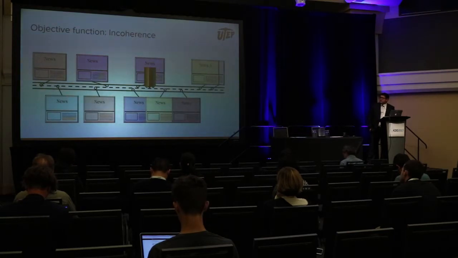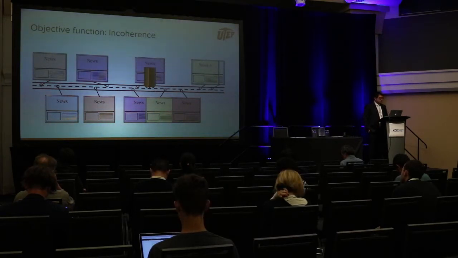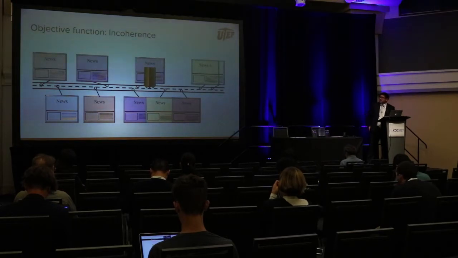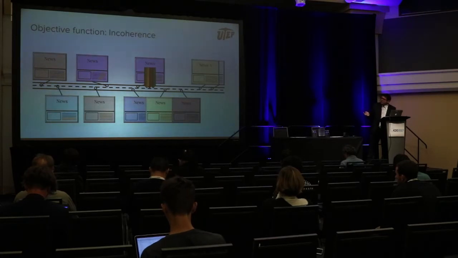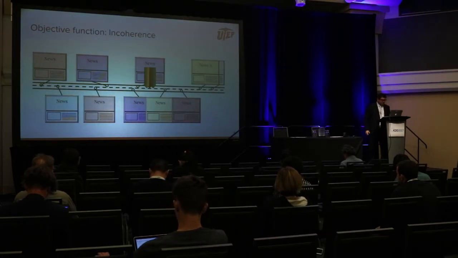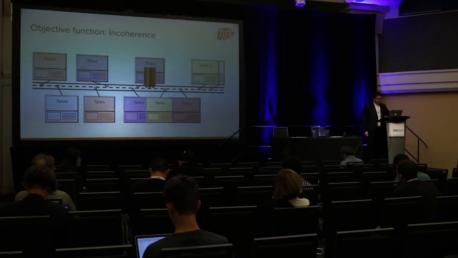So the objective function is built from the ground up with several different concepts. The first one is that we are trying to minimize incoherence between the documents that belong to the same segment. So this is an example of what happens if you just use incoherence minimization or coherence maximization. Basically what happened was that all of the turning points would be in the same region, because this minimizes the distance between all the documents,